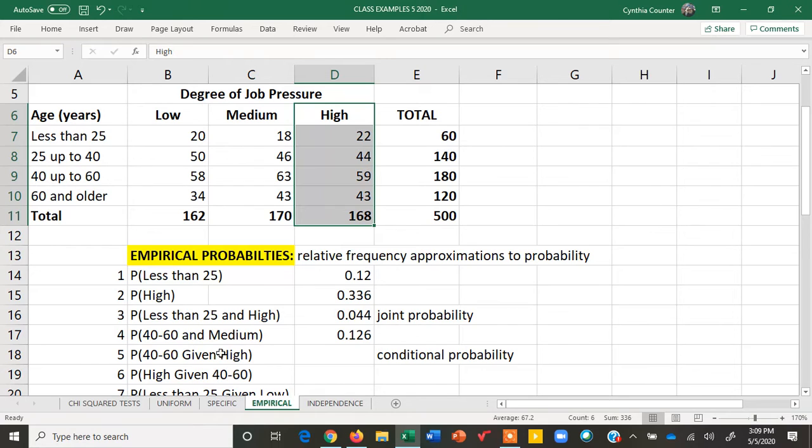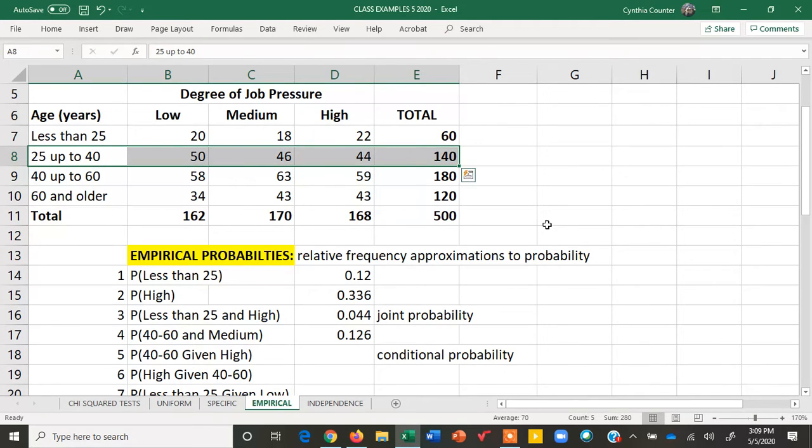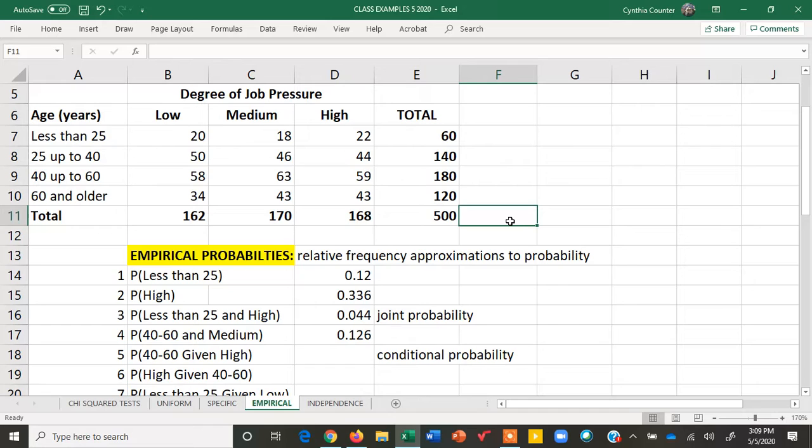So when you have a given, what is given then is a particular column or even a row. So essentially your sample space has been shrunk down to that particular column or row. So in this example, our sample space is only the high column because we are given the individual reported high job pressure. So out of these 168 individuals,